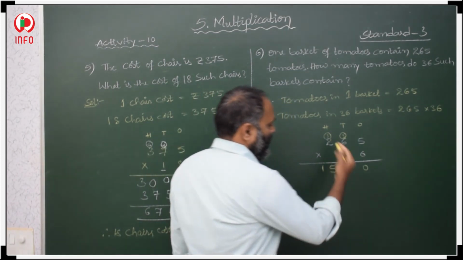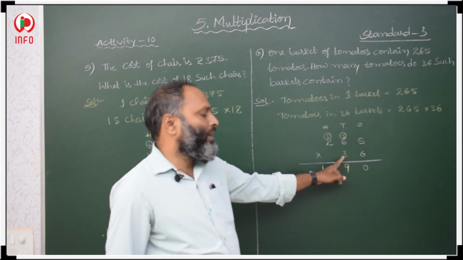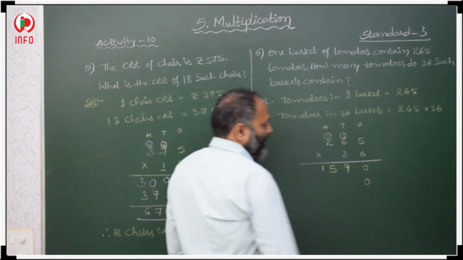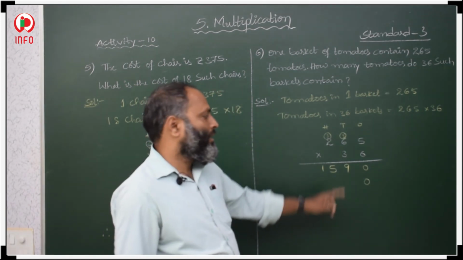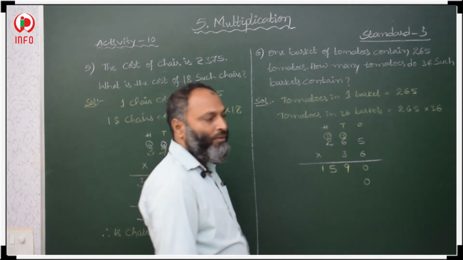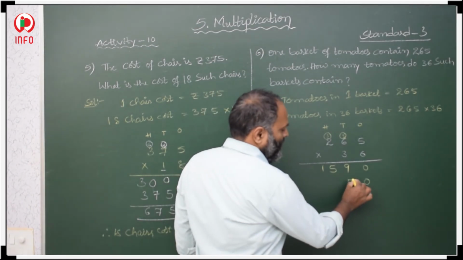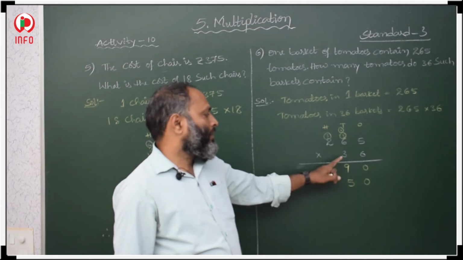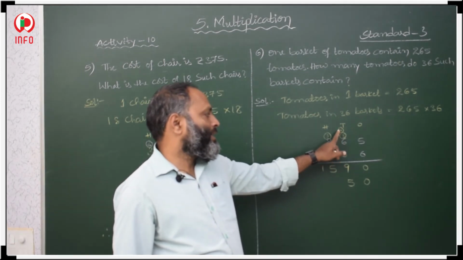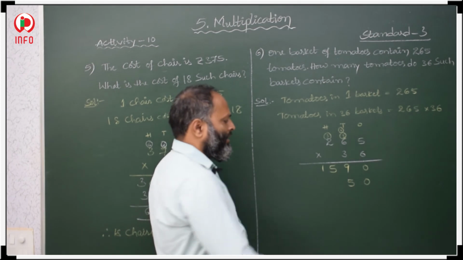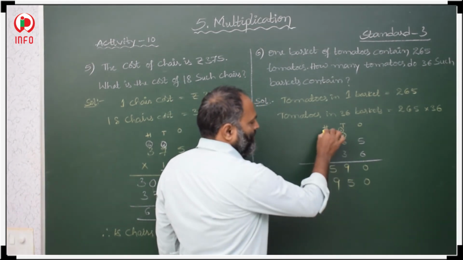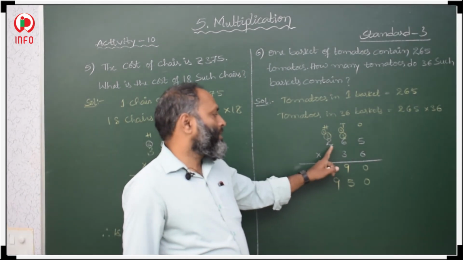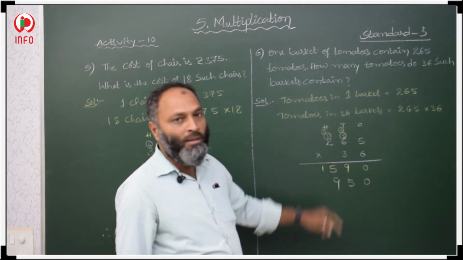15. Now we start our multiplication with 3. 3 is in tens place, so first we keep a 0. Now you start multiplication with 3. 3 5s are 15. 15 means 5 in tens place and 1 carry over to hundreds place. 3 6s are 18. 18 plus 1 is 19. 9 is in the hundreds place, 1 is carry over again. 3 2s are 6, 6 plus 1 is 7.